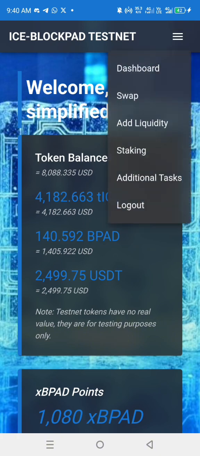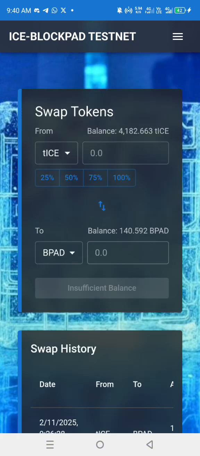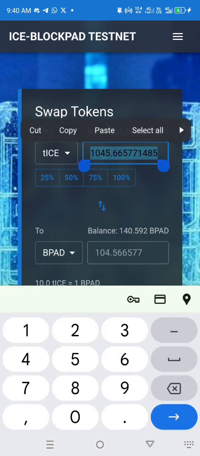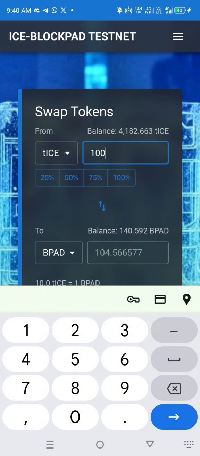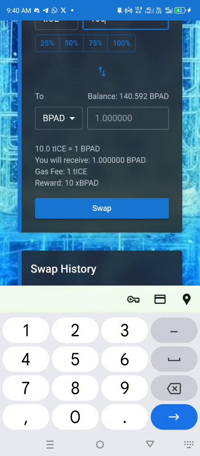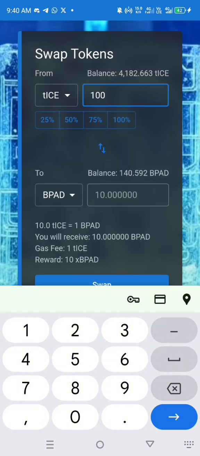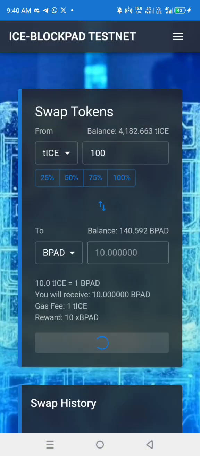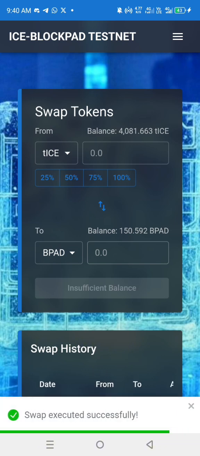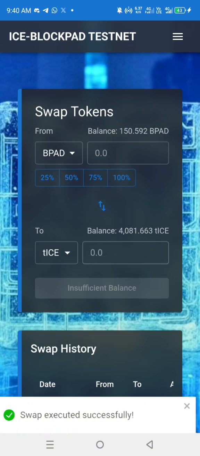So the first task here is swap. You click on the swap, and you can swap 25%. Whichever percent you would like to swap, you just go ahead and swap to BPAD. So 100 TICE is 10 BPAD, so you can just go ahead and swap. And also you can decide to swap back by clicking here. Click here,